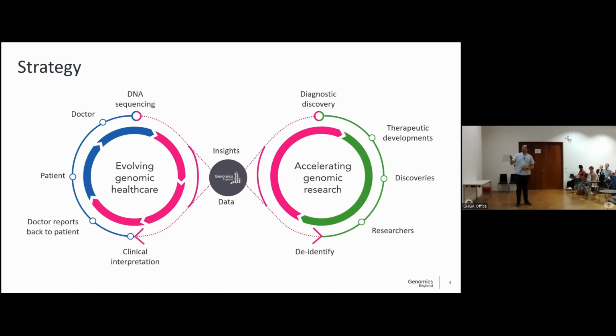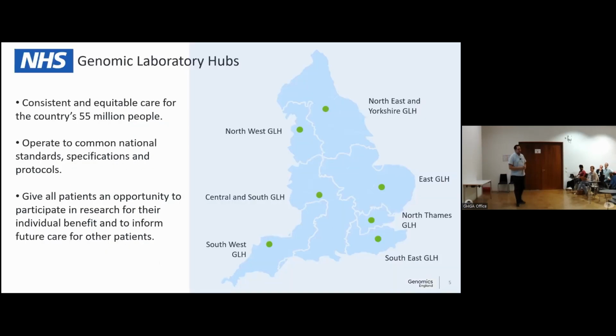Cool. So as I said, I will focus the majority of what I'll say on this side with a little bit of diagnostic discovery. So I mentioned we had delivered the 100,000 genomes project, and it was successful, at least in sequencing 100,000 genomes. We did that both in patients with rare diseases and their families. There were roughly 35,000 families, 70,000 or so people with members of a family with rare disease. We did thereabouts of 17,000 tumor normal pairs, so patients with tumors and their corresponding normal sample. Somehow that adds to over 100,000. And